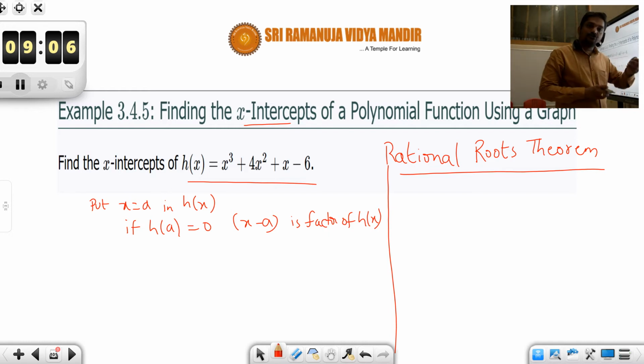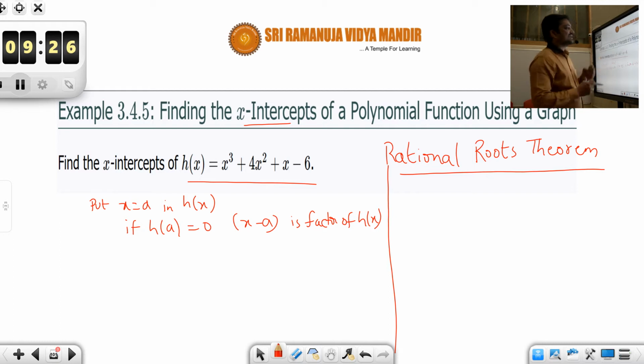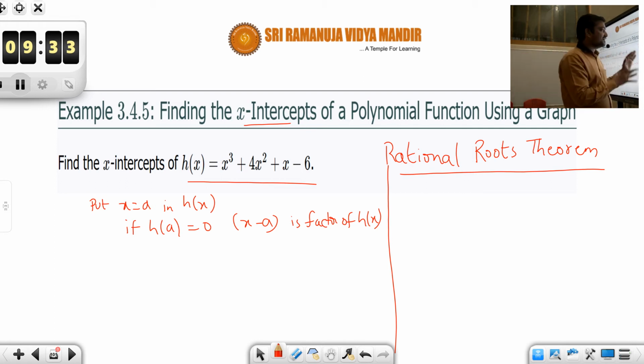Because students, if you try to check with every value, there are infinite real numbers. You can't keep on checking each and every value. Check a is equal to 1, check a is equal to 1.1, check a is equal to 2, check a is equal to 3. In that way you will have infinite values. So it becomes redundant if you don't get an immediate factor. So what does the rational roots theorem say? Suppose, let's do this in detail later at some point. Right now I am trying to explain this roughly. Suppose your 0 is something in the rational form p by q.